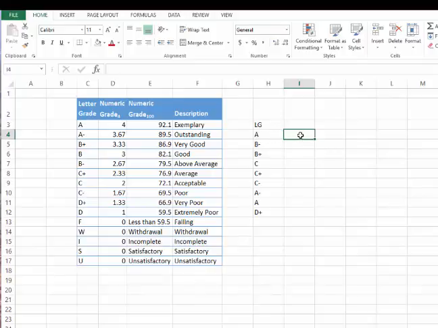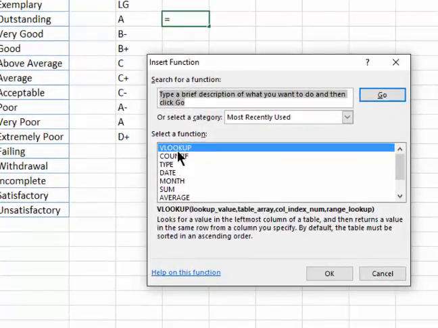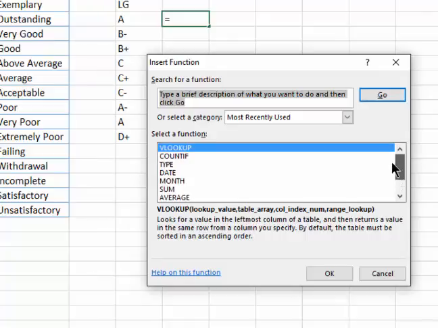Okay? So you begin by clicking in the cell where you want the results, clicking Insert Function, and you can see that I have Vlookup readily available, and that's because it's been used several times. Excel keeps a list of the 10 most recently used functions, and Vlookup happens to be one of them. In this particular instance, if it didn't appear, you would type in Vlookup, or you can even type in Lookup,